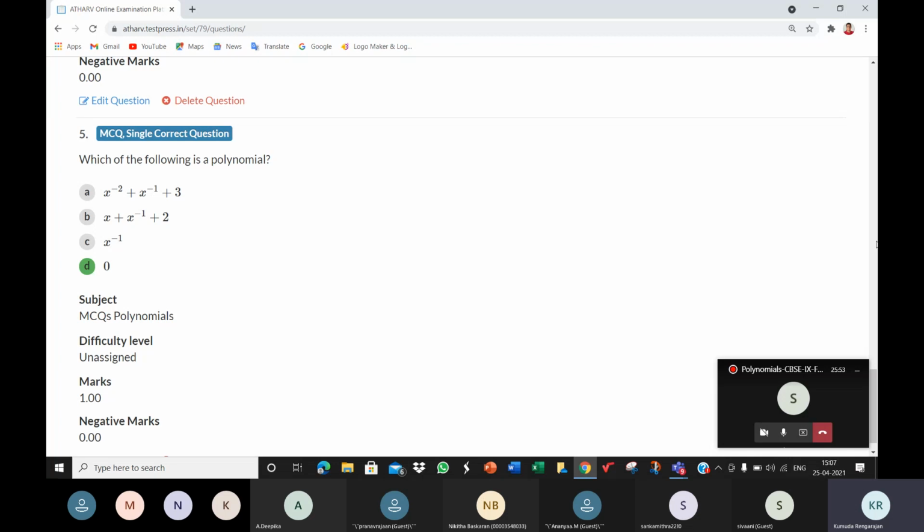No, no, no, that's not the explanation. No, one minute. You were right in A, B, and C. In A, B, and C, the variables have negative powers, which are not whole numbers. So A, B, C are not polynomials. They're all algebraic expressions, but not polynomials. Just explain D again. In D, we have 0. Yes, ma'am. D has 0, ma'am, and it is not having negative, ma'am.